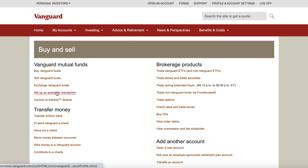Luckily, they do have a search bar, so if you figure out how to use that, you should be good to go as long as you know what pages you're looking for. But purely from the user standpoint, the Vanguard website and the Vanguard app are not the easiest to use by any means. Now, they do make it decently easy to set up automatic investments,